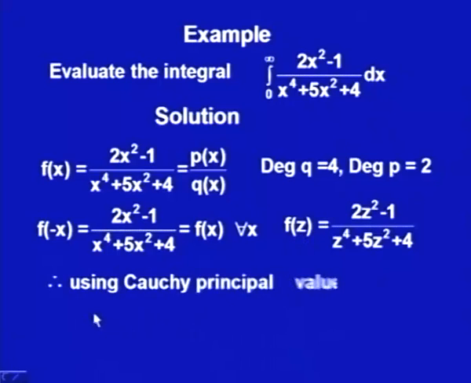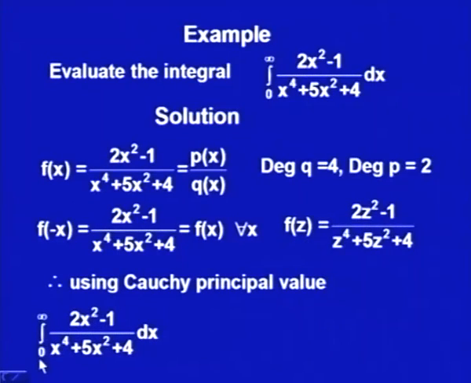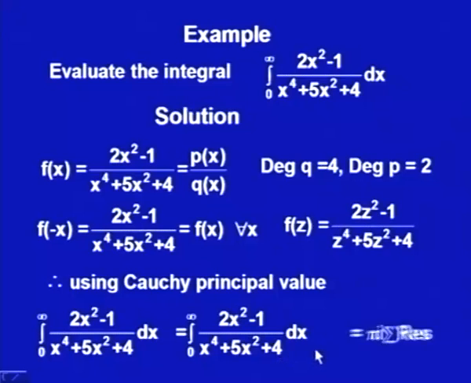Using this Cauchy principal value, we could say that the integral from 0 to infinity of 2 x square minus 1 upon x to the power 4 plus 5 x square plus 4 dx should be half of the integral from minus infinity to plus infinity of the same function, which should be equal to 2 pi i, so half would cancel the 2 pi i times the summation of the residues of f z,